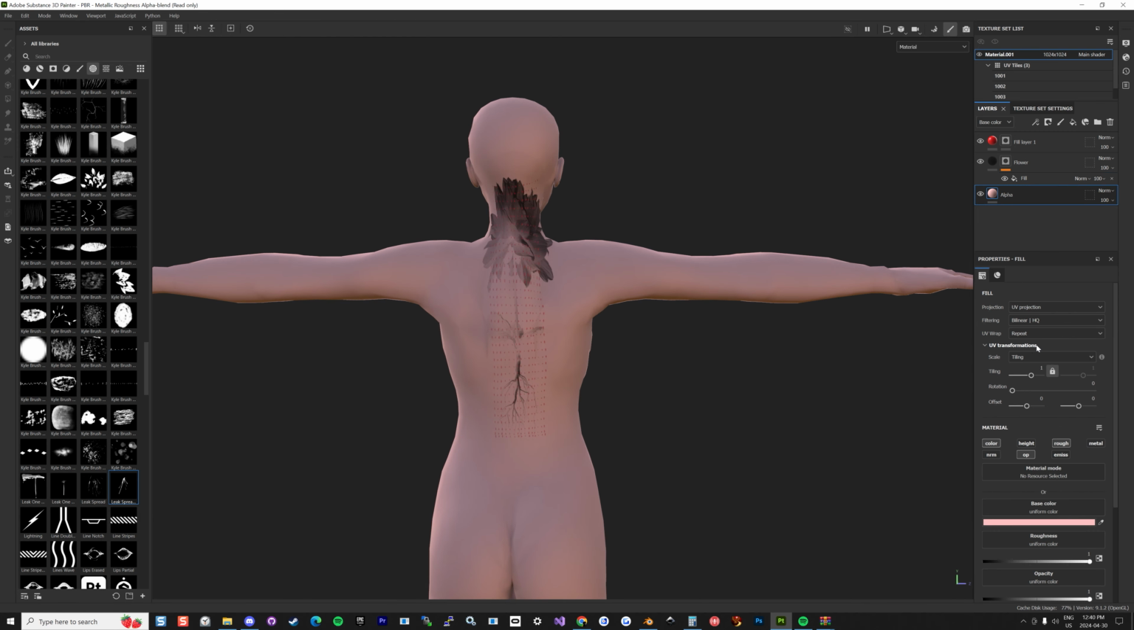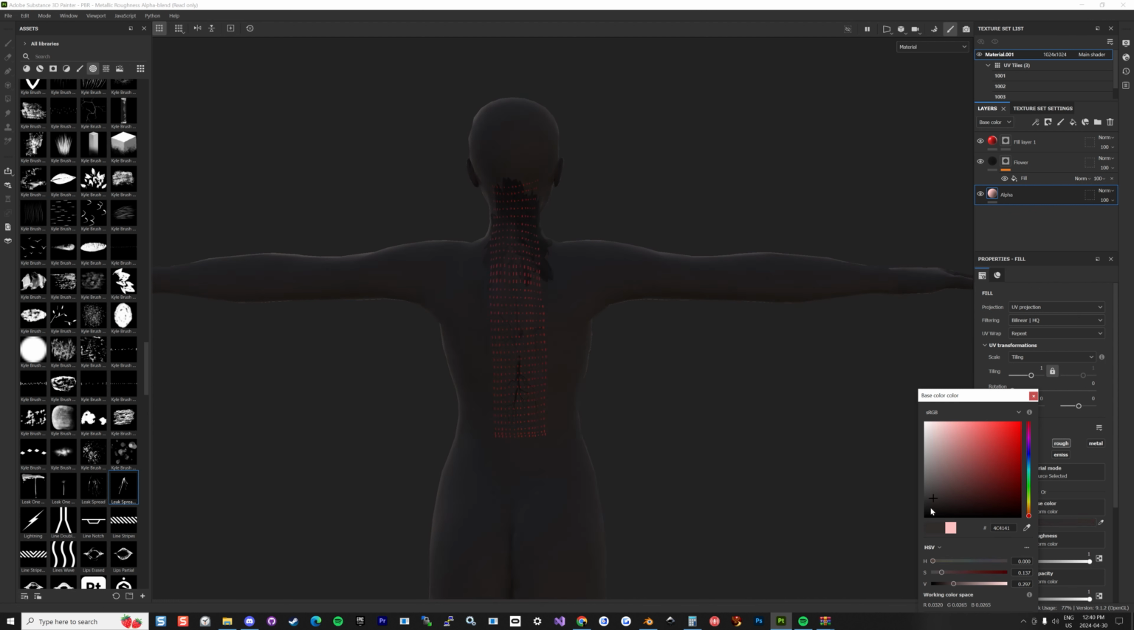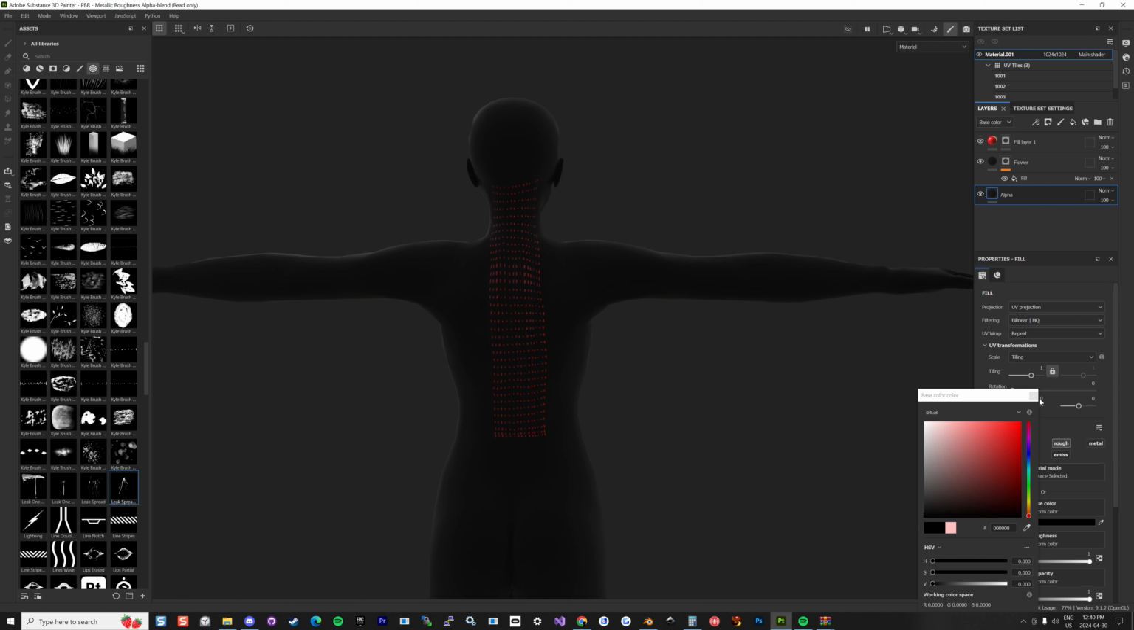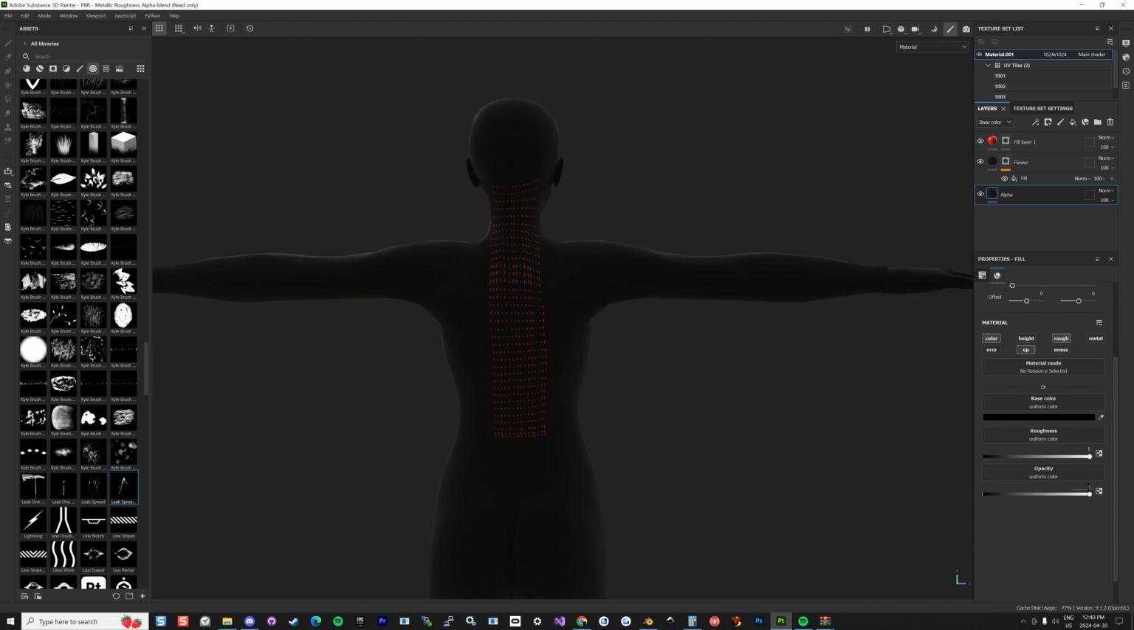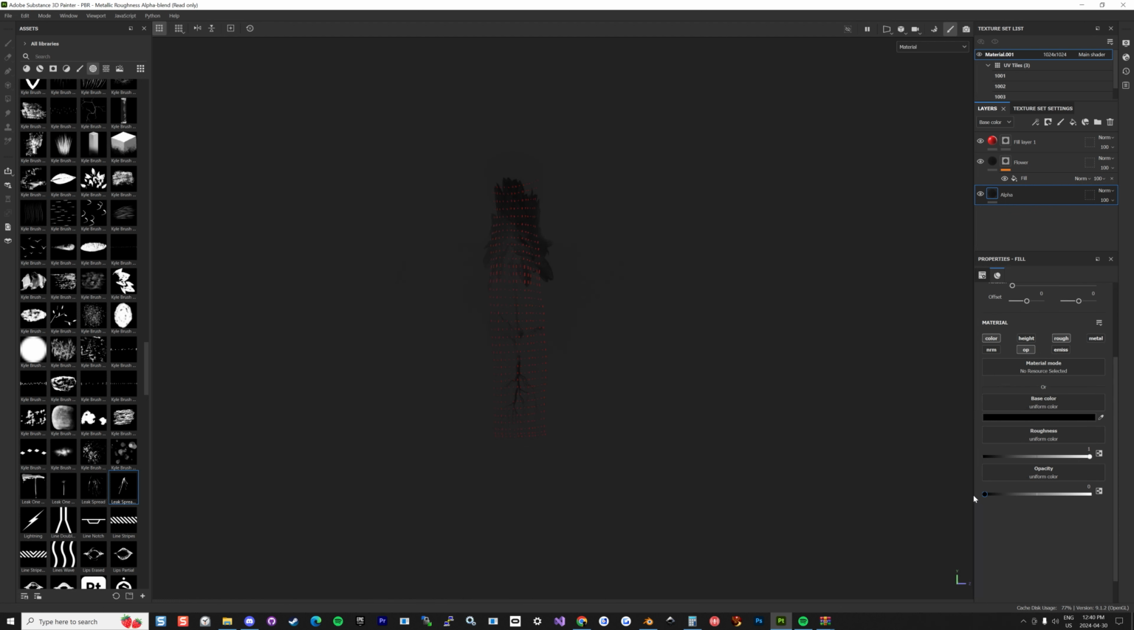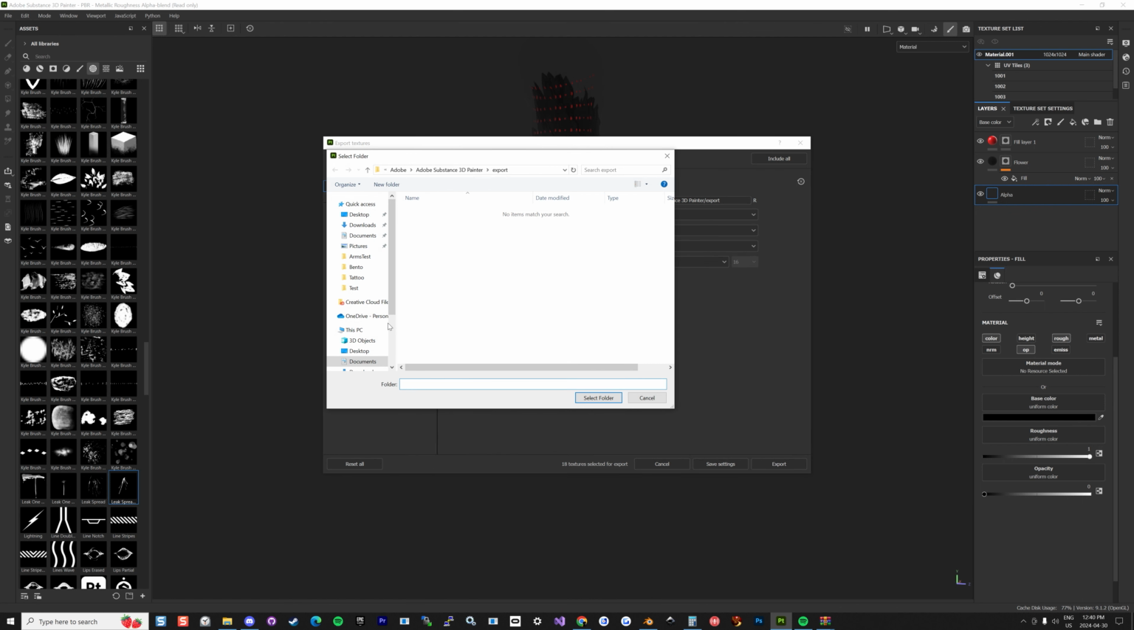So now you go to your alpha, and that's the important part. You're gonna put your color to black. And then you're gonna put your alpha opacity to 0 like this. So now only the tattoo is left over, all right? So now you're gonna do an export texture. And one important thing is,